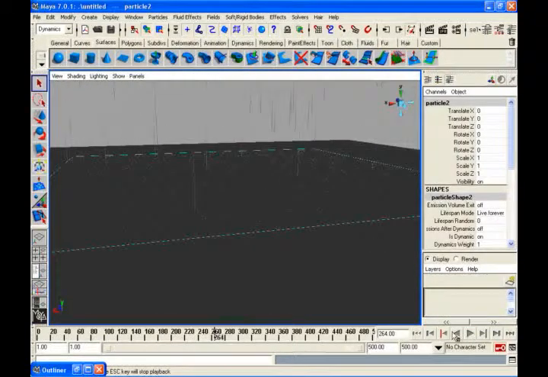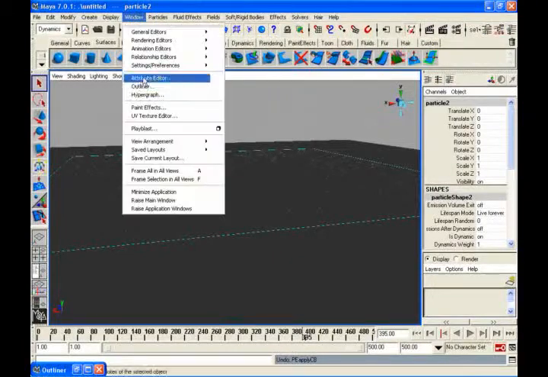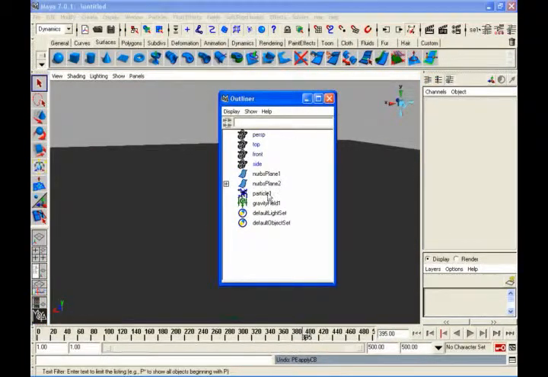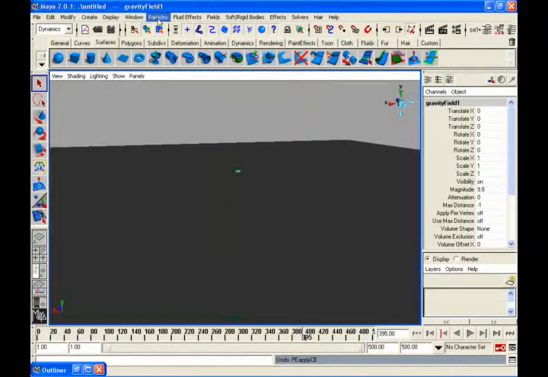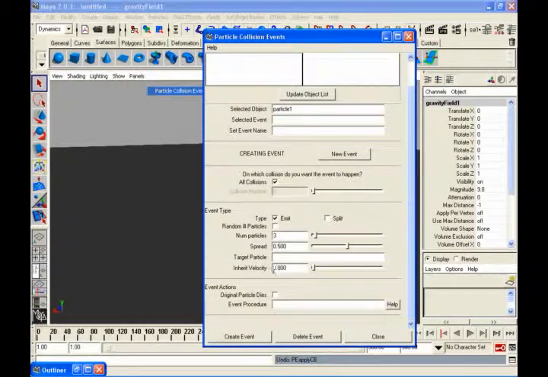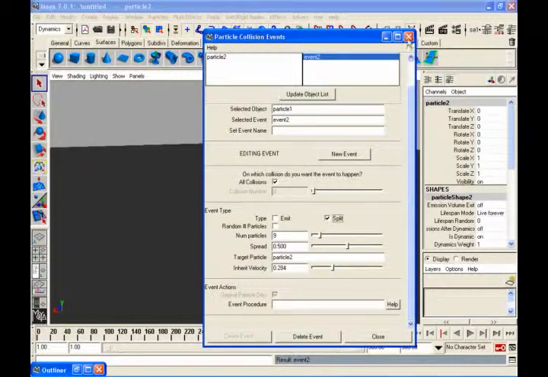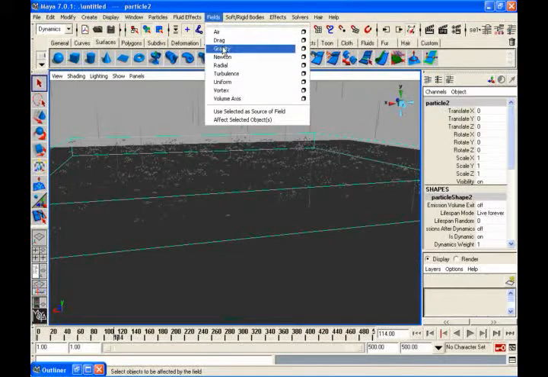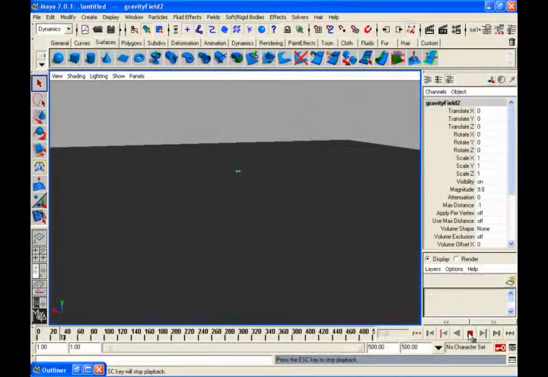So what I have to do is just go back, delete the particles, once again select the particles, go back to your particle collision events, say new event. This invert velocity is important, means get some velocity, move and split and say create event. Now even they will behave like, okay, they will also come. Then you can select and fields gravity further. So automatically whenever the object hits, they are totally going down.